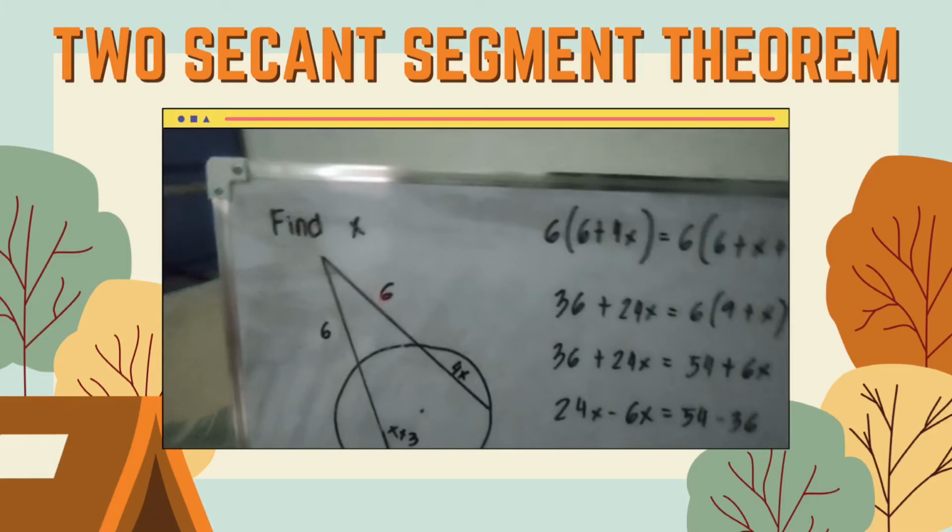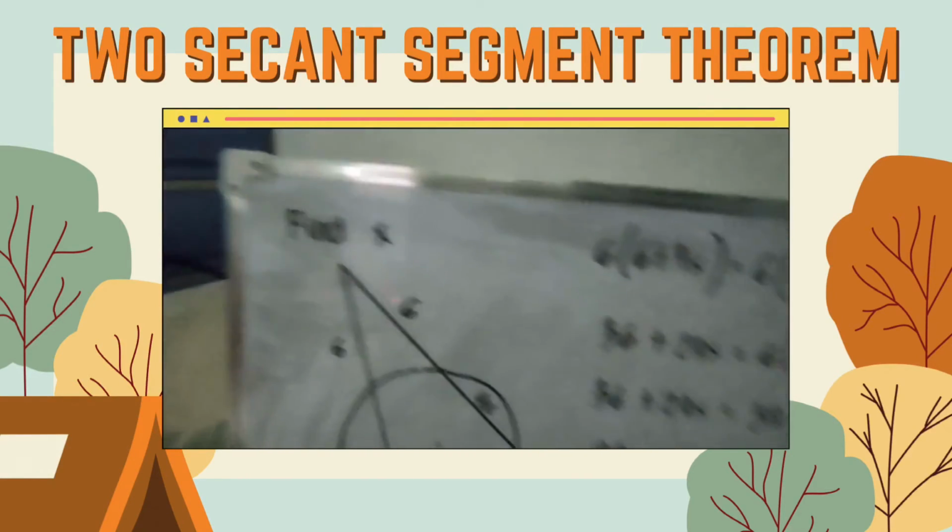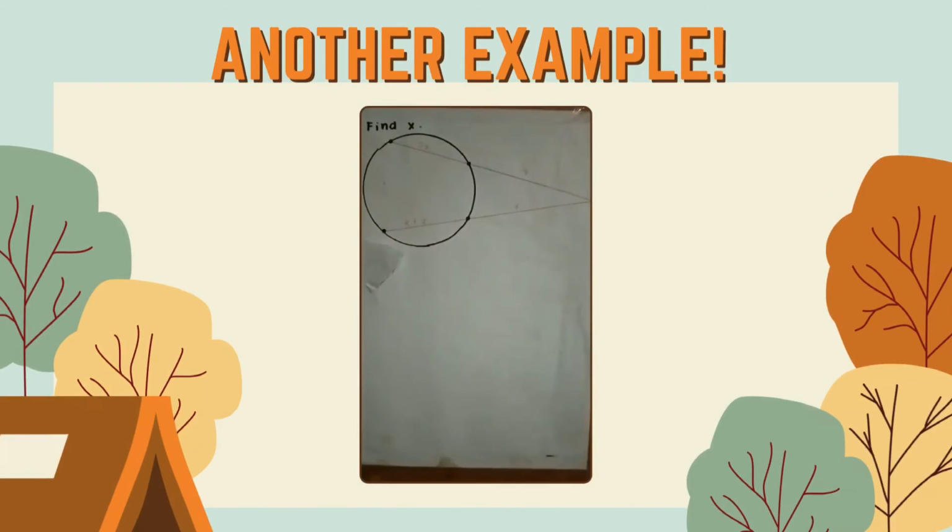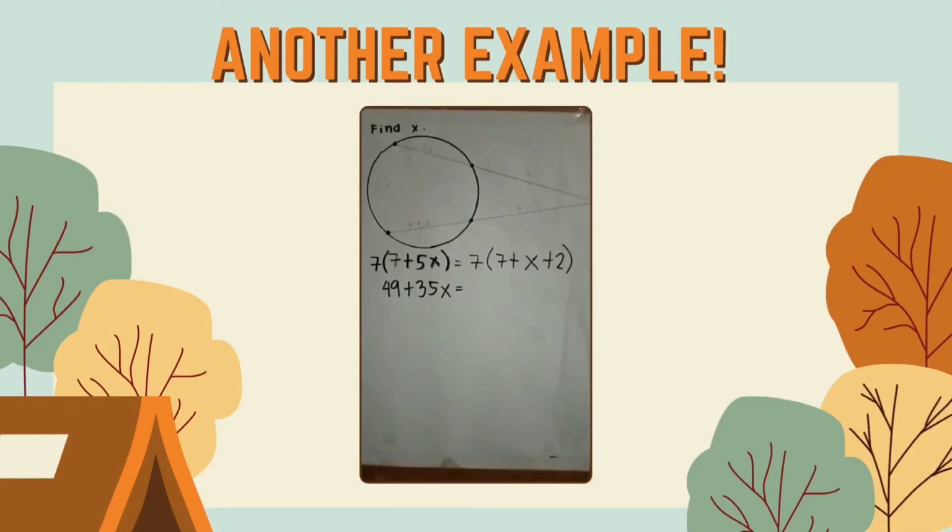So that is our secant theorem. In this theorem, it says that the length of the other segment, so we have 7, we're going to add 7 plus 5x, wherein this will be the total length times its external part, which is 7, is equal to the total length of the segment, and we do the same thing to the other side. The outcome will be 7 times 7 plus x plus 2. So simply distribute 7, and this will result in 49 plus 35x is equal to